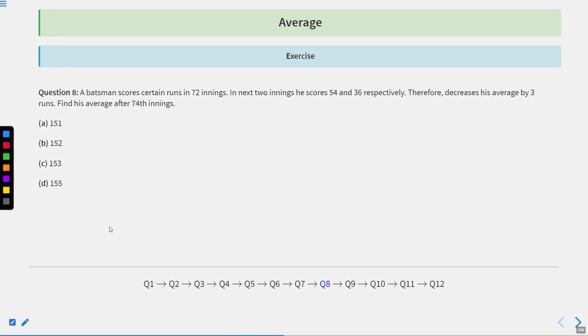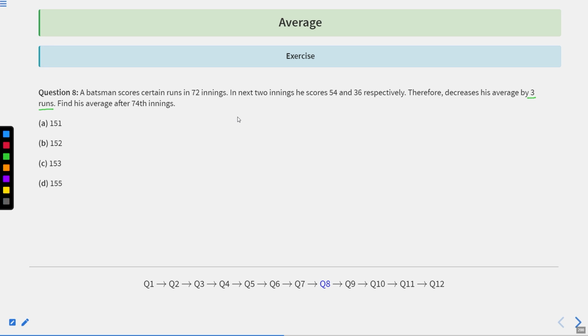Moving ahead to question number 8. A batsman scores a certain runs in 72 innings. In next 2 innings, he scores 54 and 36 respectively. Therefore, decreases his average by 3 runs. So find the average after 74th inning. So again, we have a batsman who has a certain